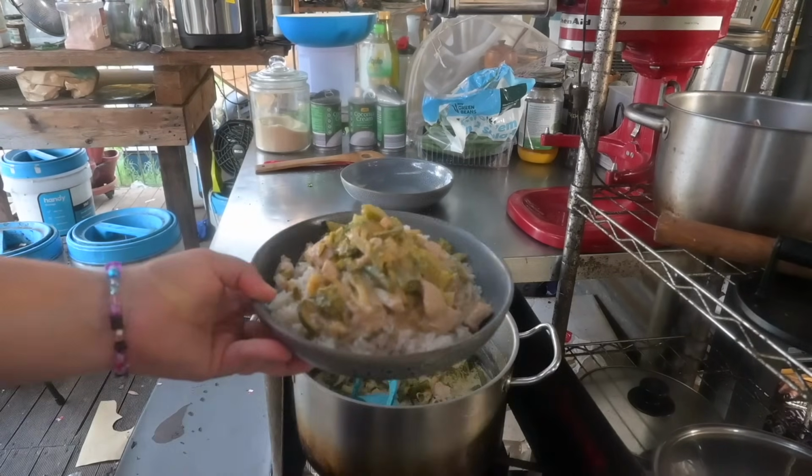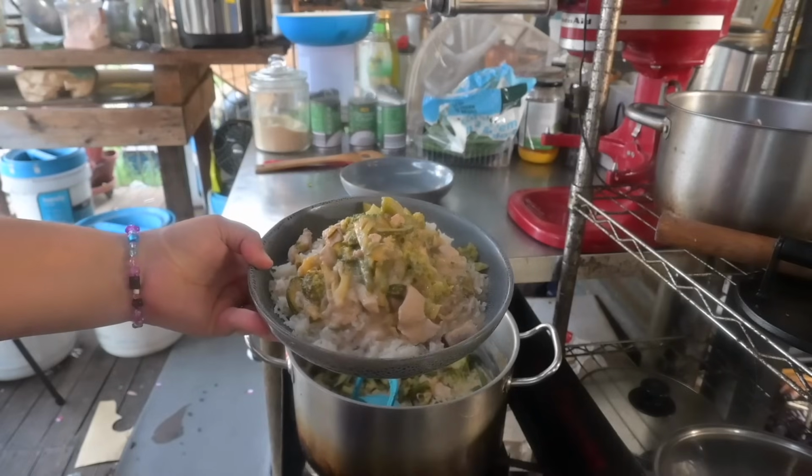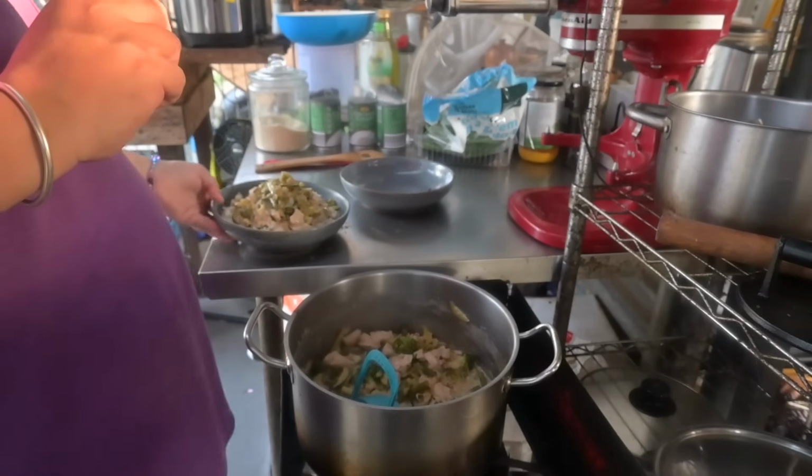Served up as usual just over that bed of coconut rice. Now I do get some comments about our serving sizes. I think a part of that is because we're not exactly snackers. Darryl and I have most of the time 2 meals a day. Sometimes in winter we end up having 3. Most of the time we have 2 meals a day, and they're significant size meals because we don't really eat